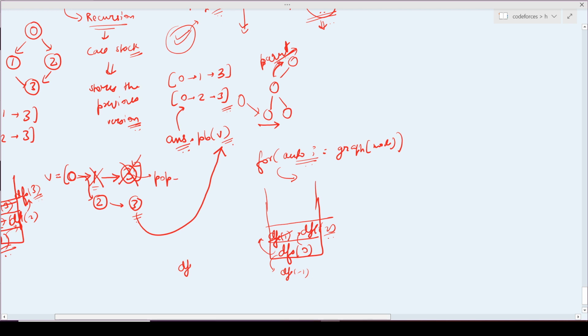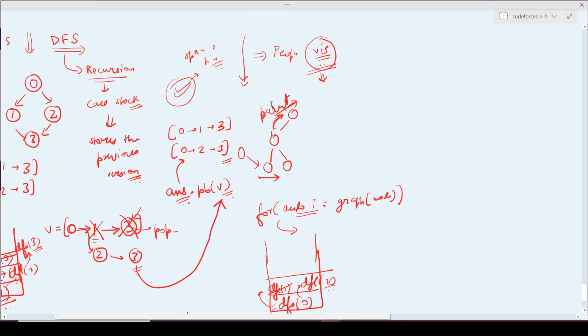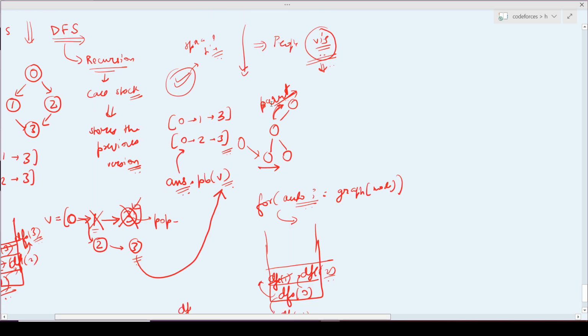You don't have to use visited. It will work fine if you don't use visited as well, but if you still want to use visited, then I recommend marking visited as false also, after making it true.